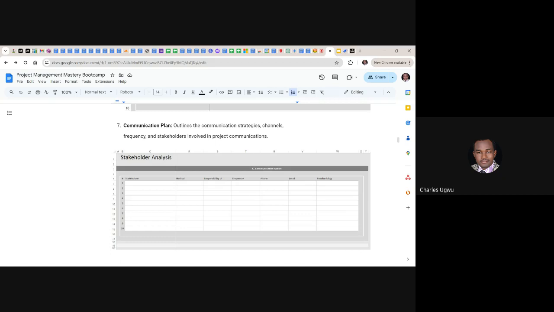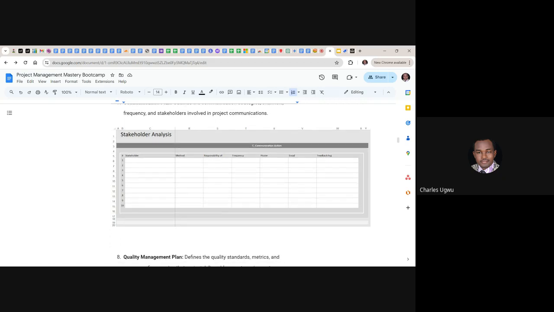But when you are dealing with a stakeholder like the project sponsor, you can't just barge into their desk and start discussing challenges or giving them updates. You can't do that because they have their own activities lined up. So you must find a unique way of communicating with such people. So when you have a stakeholder like, let's say, the project sponsor,